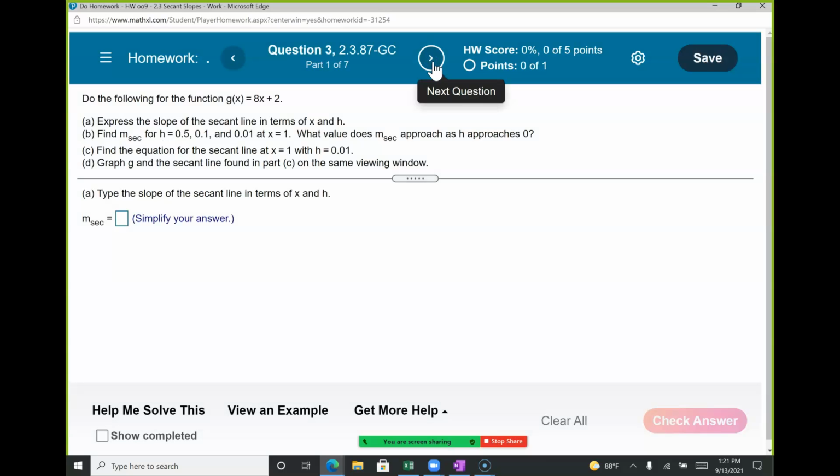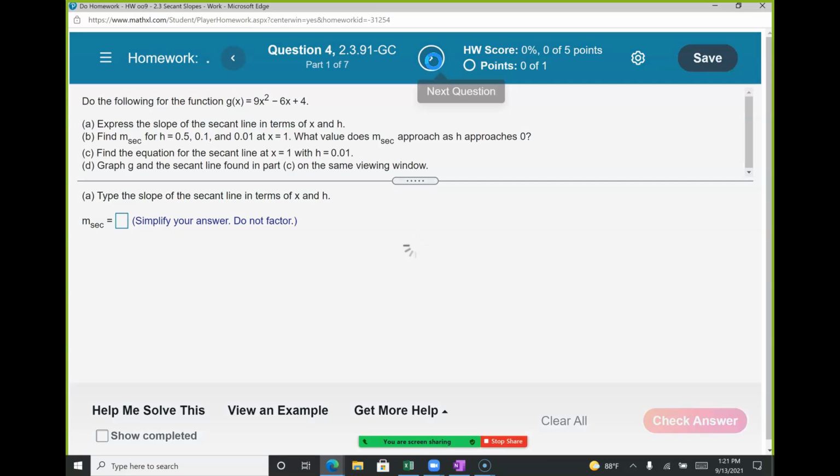What's number 3 say? Find the slope of the secant line in terms of x and h. Find the difference quotient. Then find a bunch of slopes that are average rates of change, meaning plug in an x, plug in an h. Plug in the same x, plug in a different h. Plug in the same x, plug in even a different h. Can you predict what's going to happen, right? And so let's go with